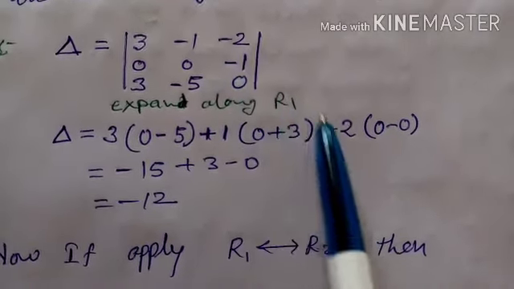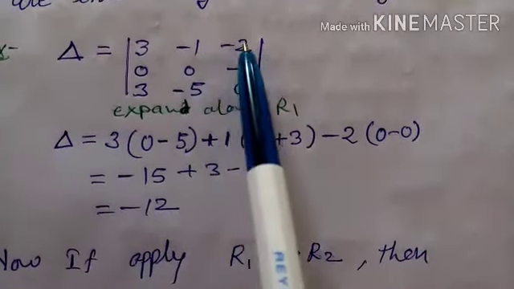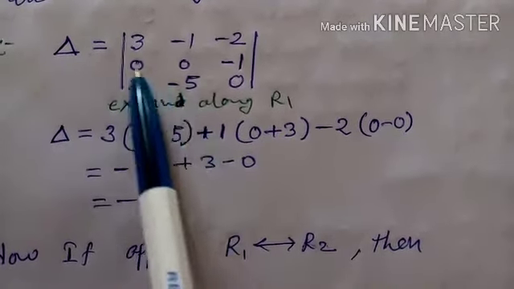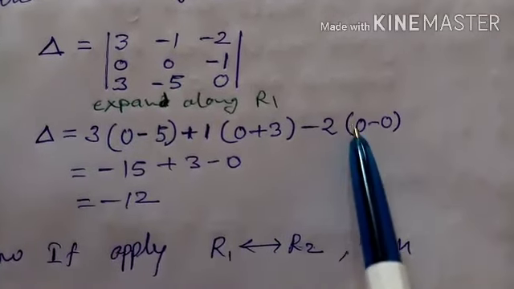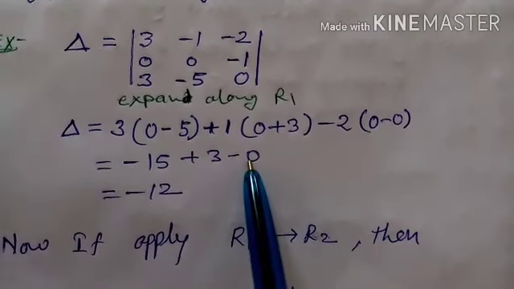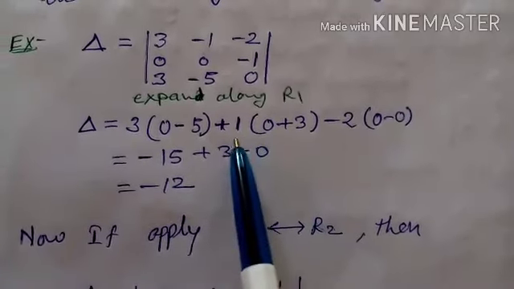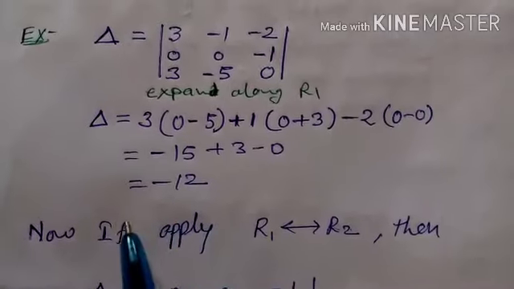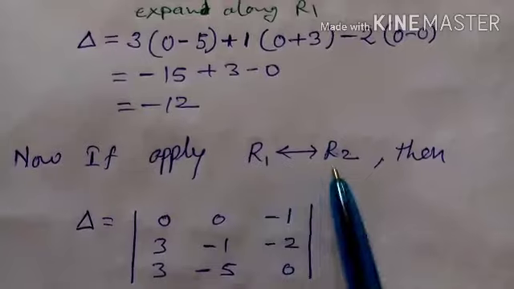Now the last element, this is minus 2, with sign plus minus minus. The first row and third column are deleted, so only this 2 by 2 determinant remains. So 0 into minus 5 is 0, and 3 into 0 is also 0, so 0 minus 0 is 0, and 0 into 2 is 0. Here 3 into minus 5 is minus 15, and 3 into 1 is only 3, and minus 15 plus 3 is minus 12. Suppose we apply the operation R1 interchange with R2,